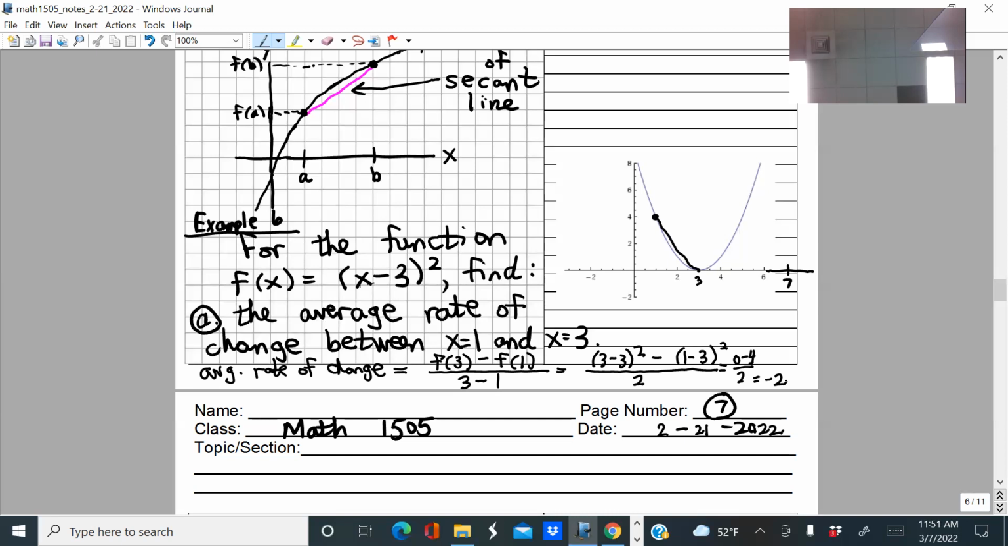Decreasing by 2 when what happens? By 1. Exactly right. Don't forget about that. So this tells you that y is going to go down by 2 when x goes up by 1, right? Now, let's write that down. So on average, from x equals 1 to x equals 3,